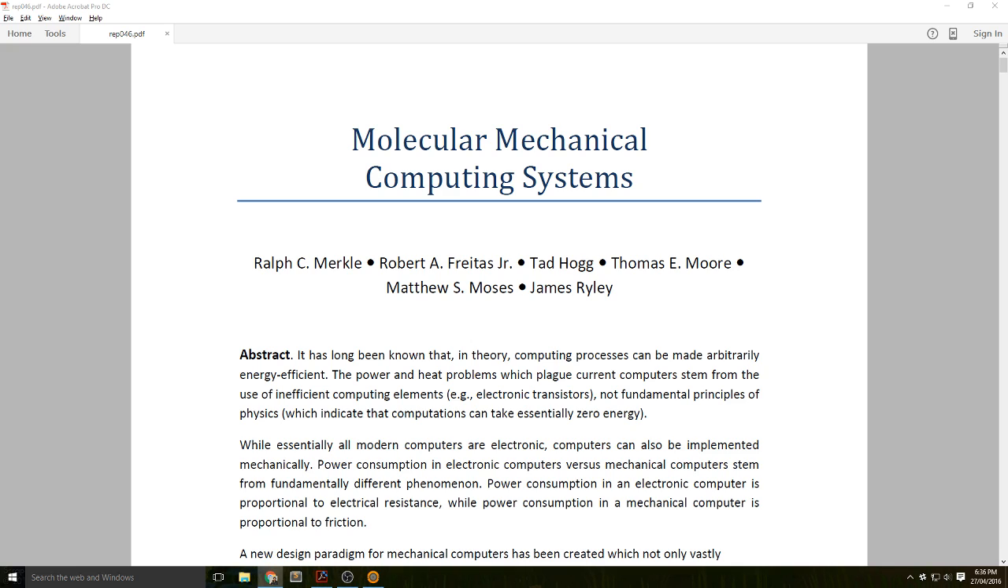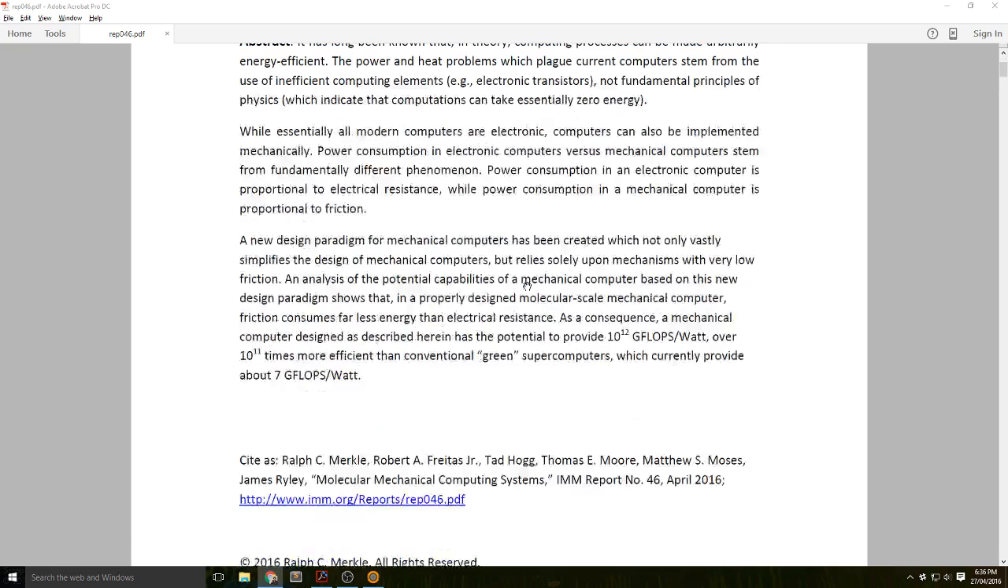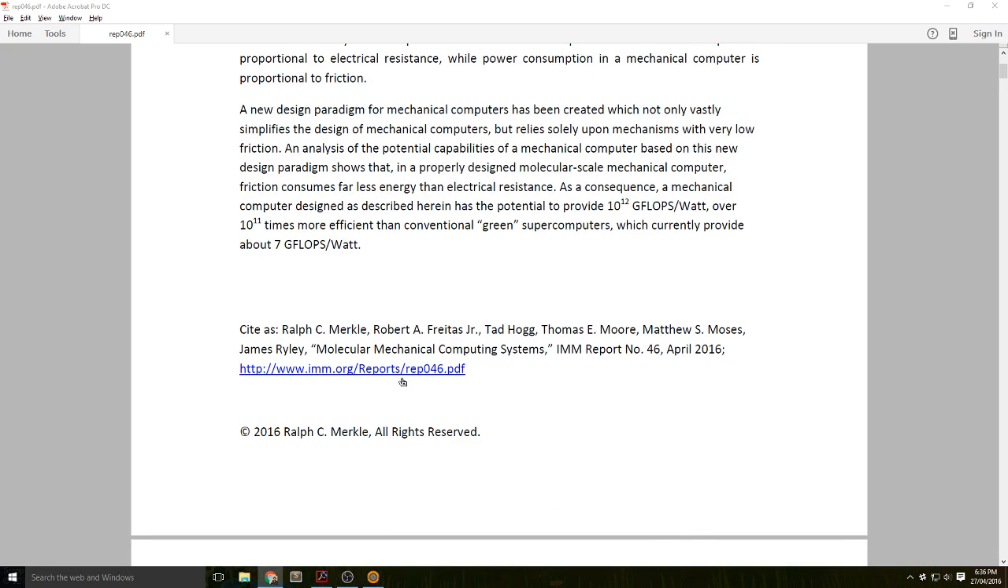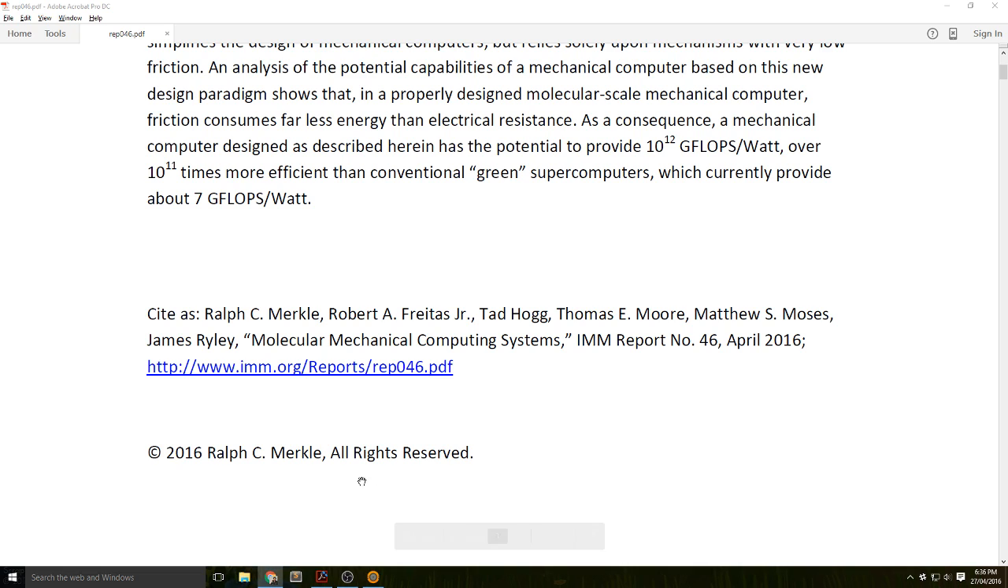So, welcome, ladies and gentlemen, to Let's Scientifically Replicate Molecular Mechanical Computing Systems in Scrap Mechanic, Part 1. This is a paper by Merkel, Freitas, Hogg, Moore, Moses, and Riley, published in April 2016. This is actually a really exciting paper, and the reason why I'm doing this is